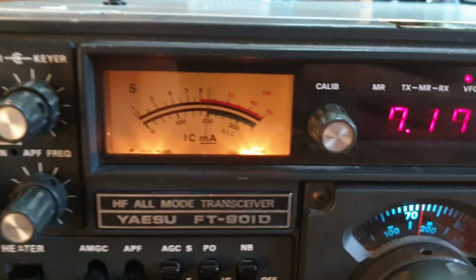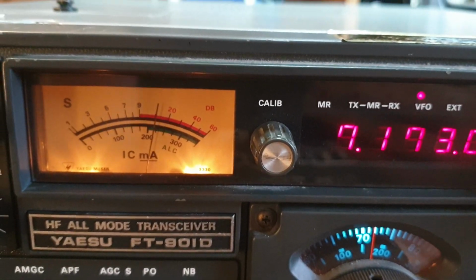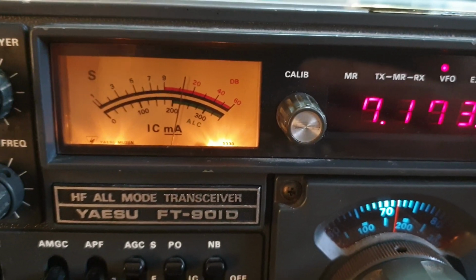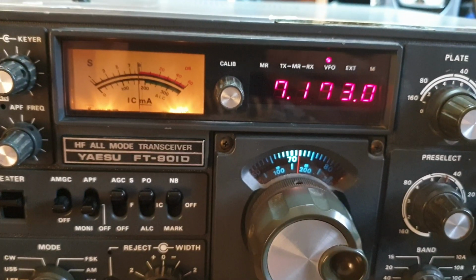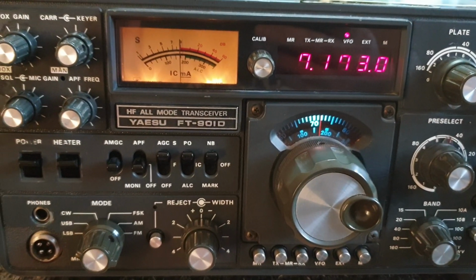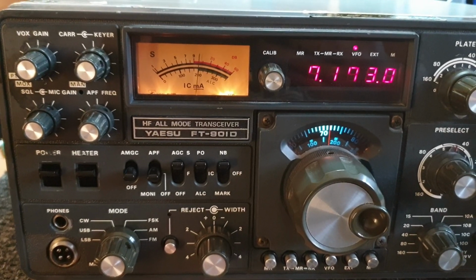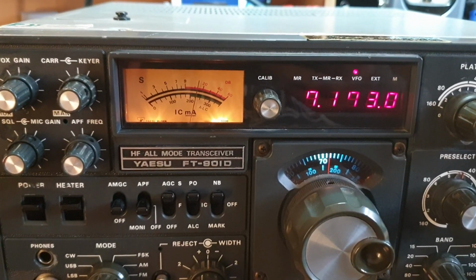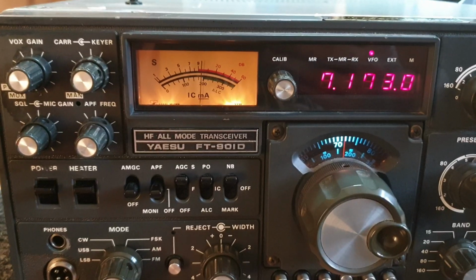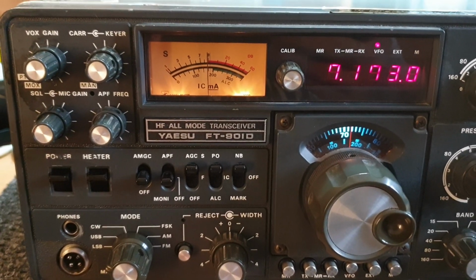Look at the signal. I'll tell you what, SDX comes in very well. Look at that. And just so you know, that's on a... oh, actually, no, I'm plugged through to the horizontal